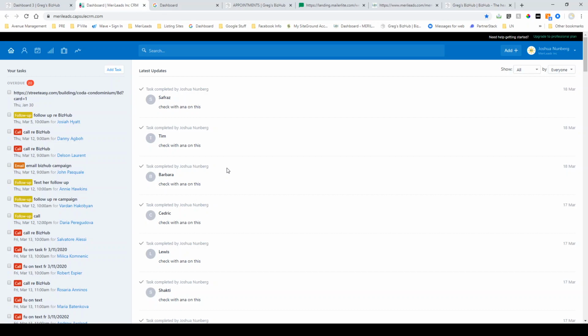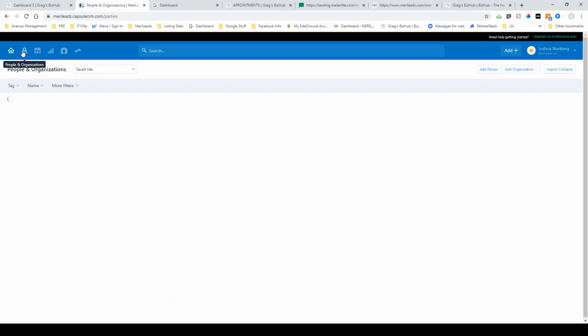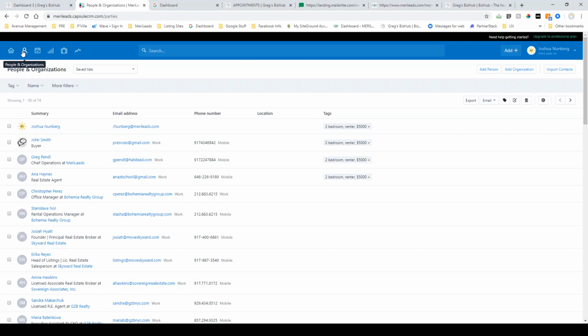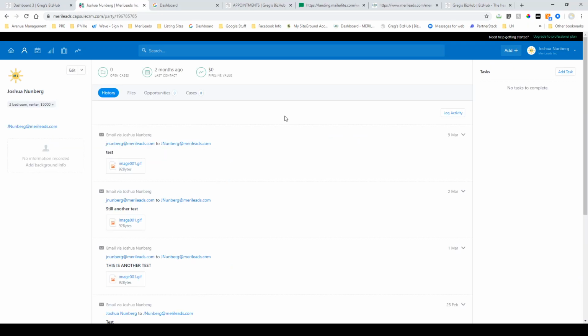Next is your CRM, Capsule CRM, very basic, easy to use, robust CRM, very good free version, which is included. And you get a simple interface that does everything you need and doesn't include things that you don't need, so it won't confuse you. And if you decide to upgrade, it's inexpensive, but you really don't need to upgrade as far as functionality goes. And you can import contacts, you can add new contacts, you can add organizations, you can add people, you can set tasks, you can take notes,